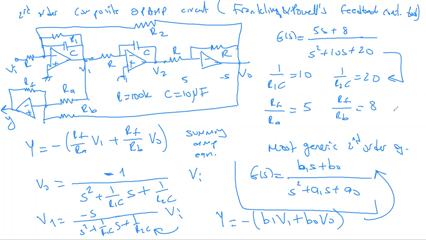If I have these 2 equations satisfied for RF equal to 100K, or I'm going to make it something more interesting. If I have 5 and I have 8, I need something that can be divided by 5 and 8. 5 times 8 is 40. If I take a multiple of 40, 400K, then